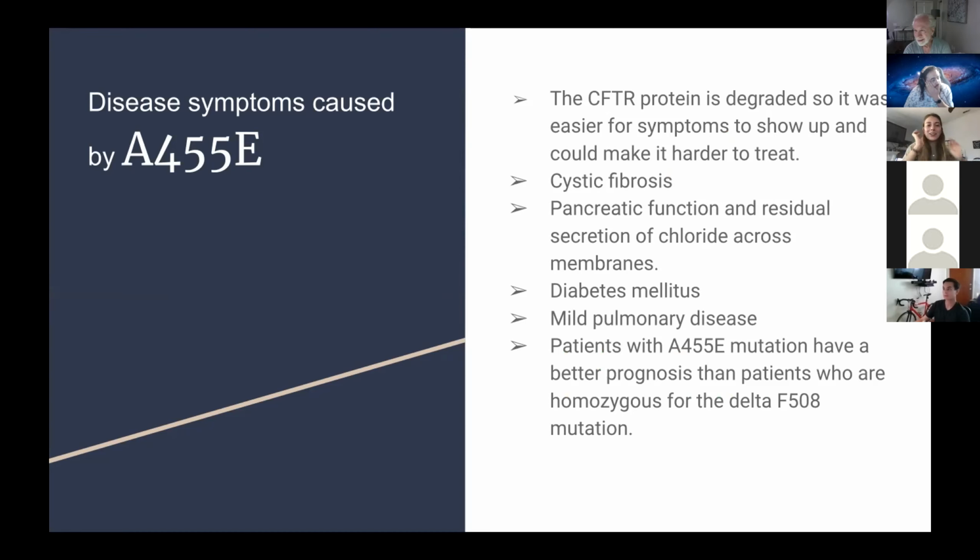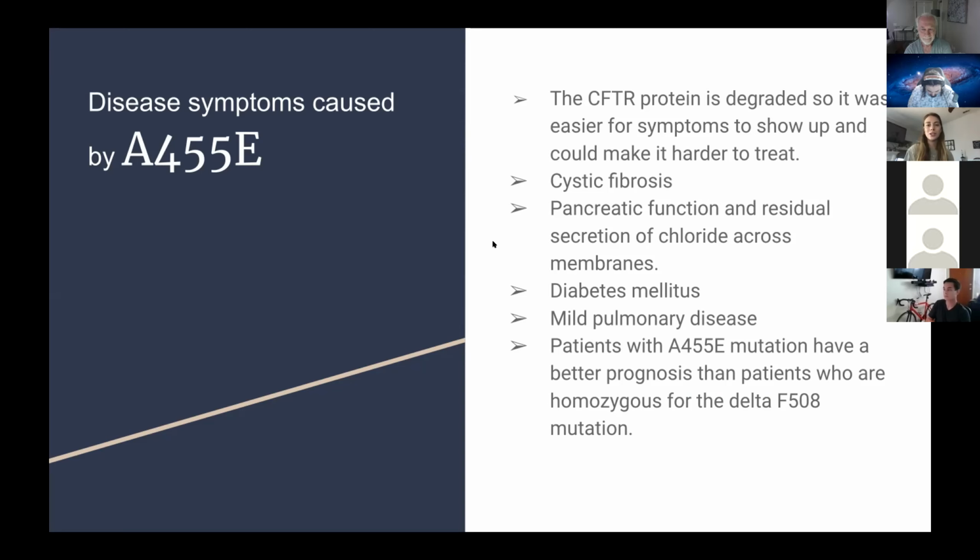So these are her symptoms. The CFTR protein is degraded, so it was easier for the symptoms to show up and make it harder to treat. Cystic fibrosis is obviously a symptom. Pancreatic function and residual secretion of chloride ions across the membranes. Mild pulmonary disease, diabetes mellitus. Patients with the mutation have a better prognosis than patients who are homozygous for the delta